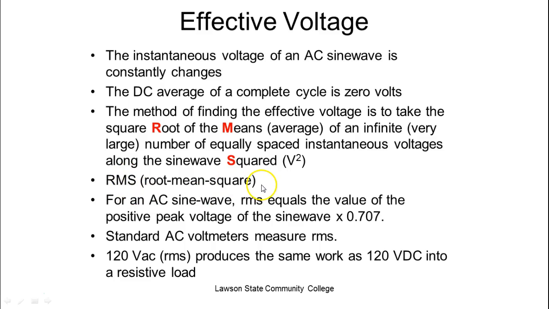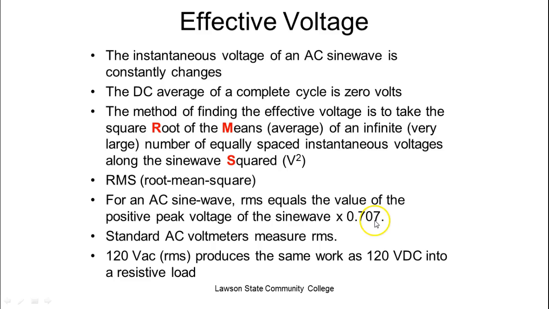If we don't give a value in AC, if we just say 120 volts, then that is RMS. If it's going to be peak or peak-to-peak voltage, we would specify V peak or V peak-to-peak. Now, on a sine wave, we can always take the peak value and multiply it by 0.707 to get the